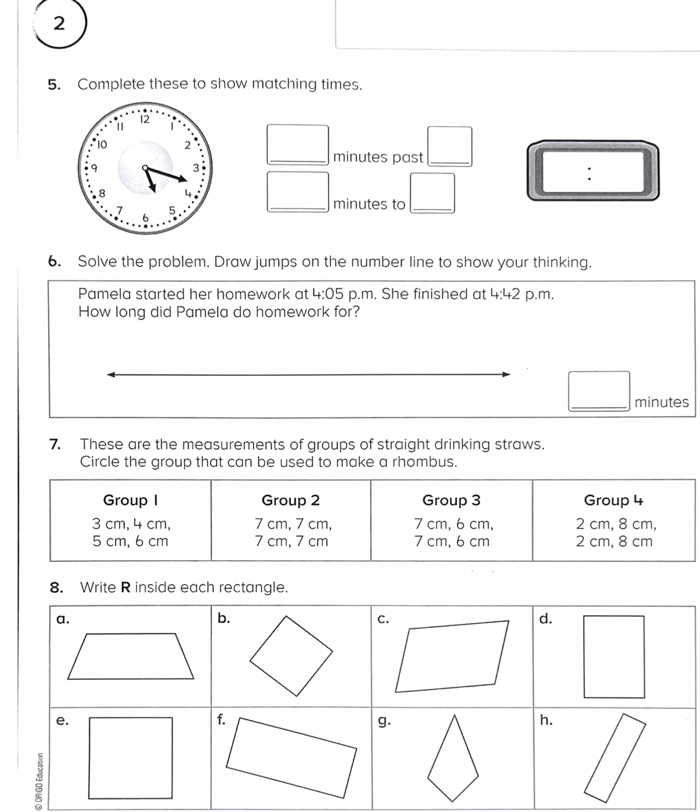Now we're moving on to page 2 of our Module 2 pretest. Number 5 is all about telling time, specifically minutes past and minutes to the hour. So they are supposed to complete these to show matching times. And you'll see we have an analog clock, we have a digital clock on the right, and we need to